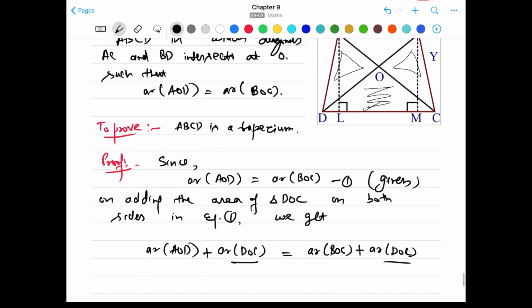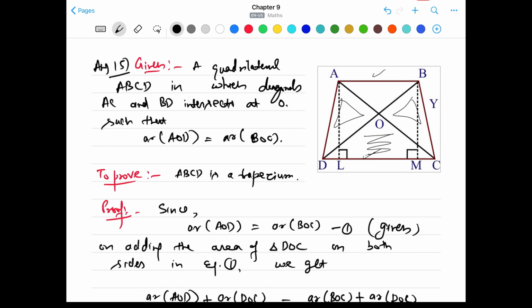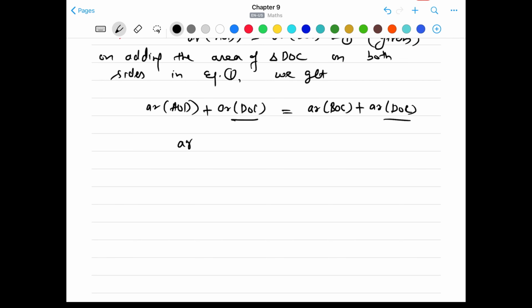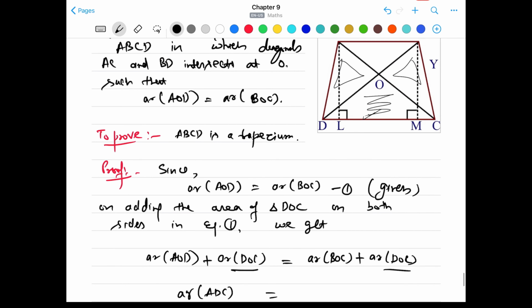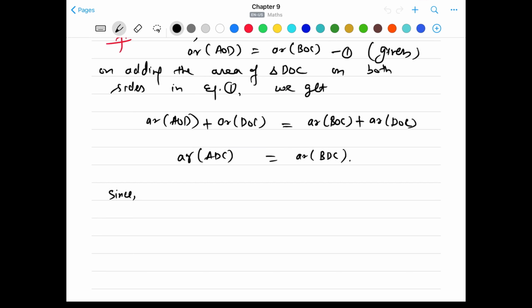Okay, after adding AOD and DOC, we'll get the area of triangle ADC. On the other side, after adding BOC and DOC, we'll get the area of triangle BDC. Since triangle ADC and triangle BDC are on the same base, which is DC, and have equal area,